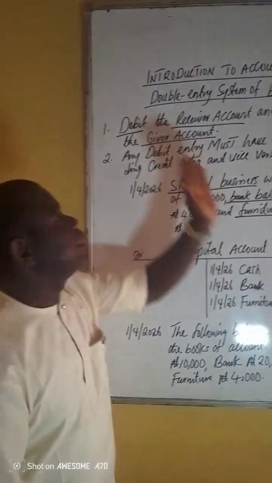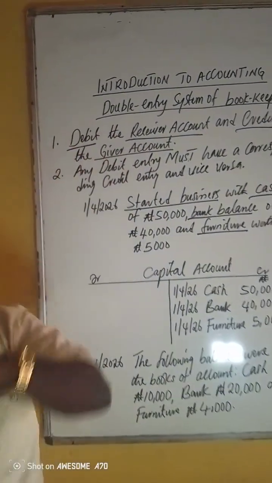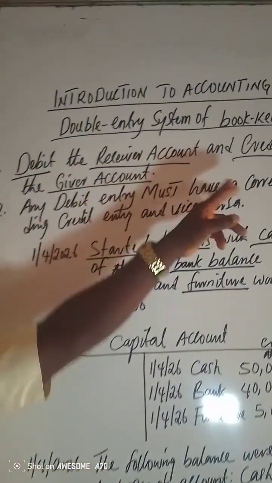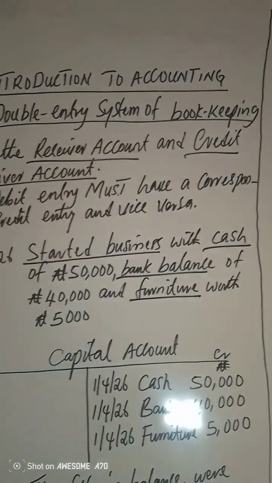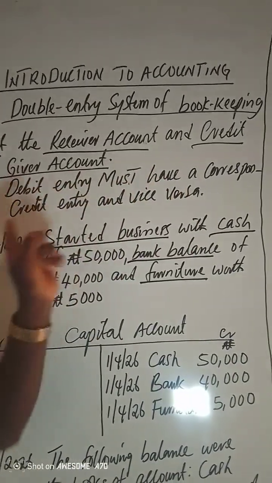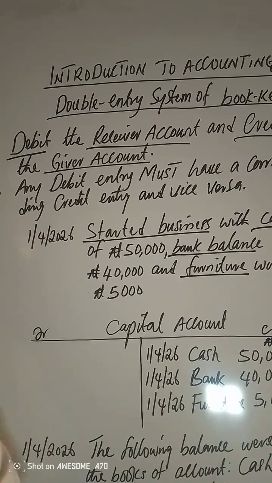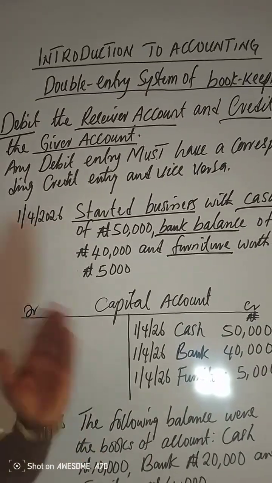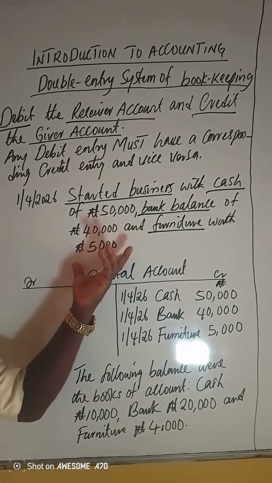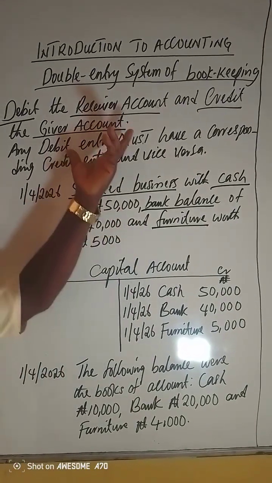Let's look at it. In the two principles, the basic, fundamental principle is: debit the receiver account and credit the giver account. While the supporting principle is: any debit entry must have a corresponding credit entry and vice versa. Then let's take this transaction of a business that is just starting, to use the principle and